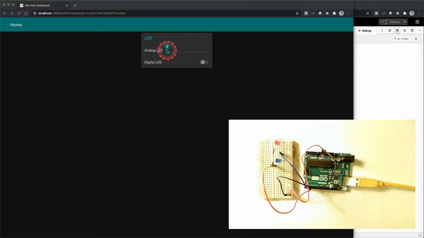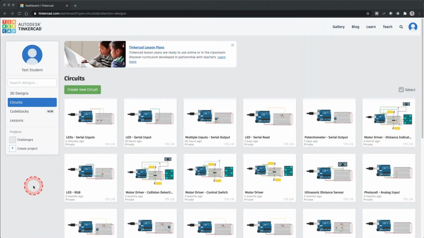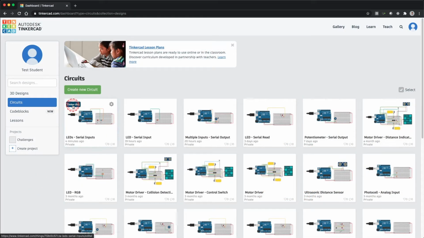What's up, everybody? In this video, we are going to parse the serial data we read into the Arduino in the previous video. Parsing data means that it will take a long string and format it into smaller and usable pieces of information. Start off by logging into Tinkercad using your course username.